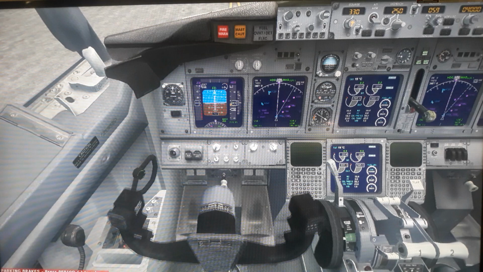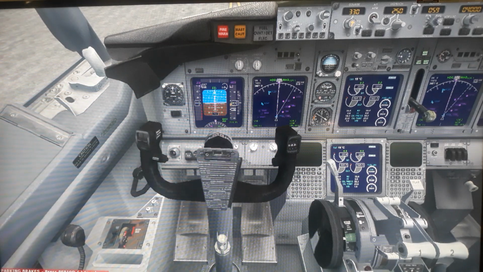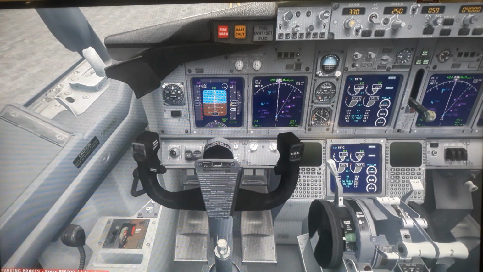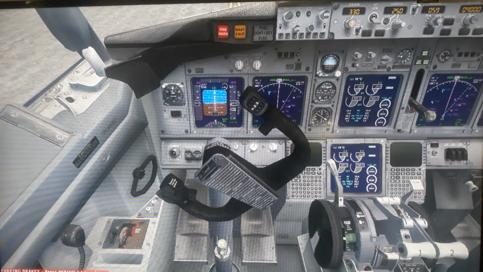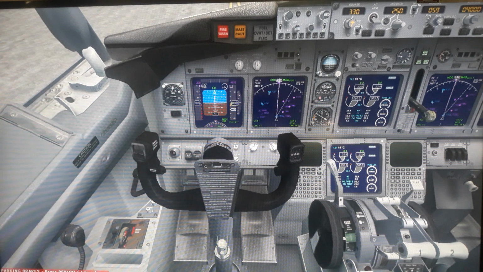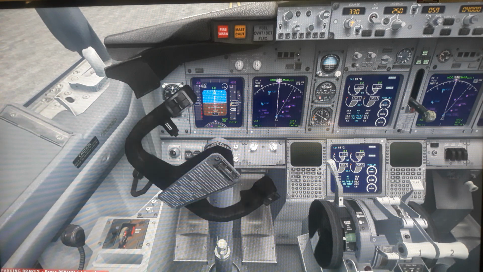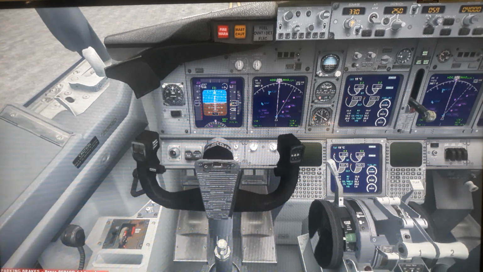You are pitching up, and this is pitching down. This is turning left. Not turning, it is banking in aeronautical language. This is banking right, and these two are the rudder pedals, not pedestal, rudder pedals.